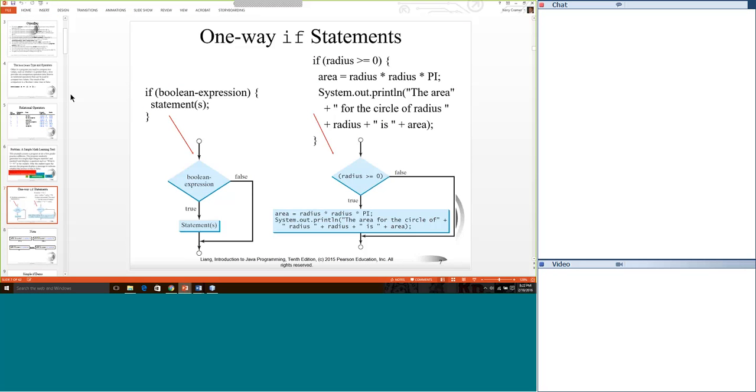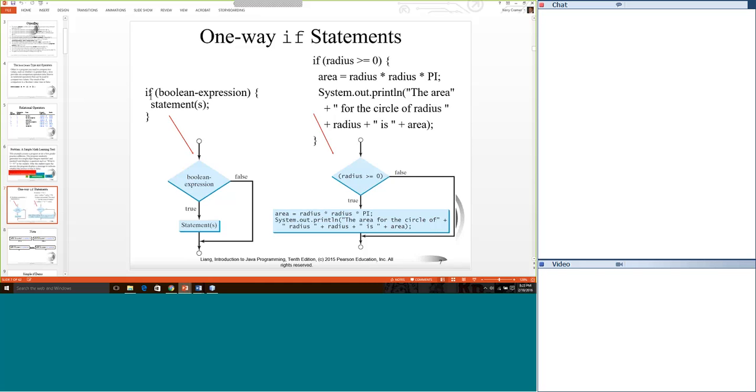Okay, one-way if statements. Boolean expressions are what get put inside an if statement. So you see these parentheses here, and inside the parentheses there is a Boolean expression that's going to evaluate to either true or false.